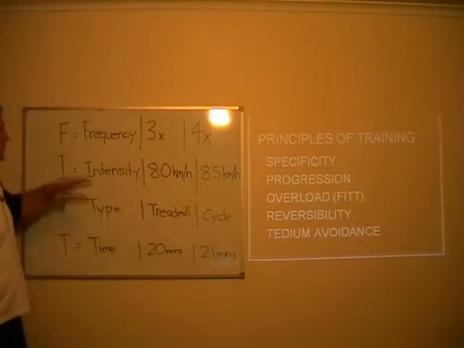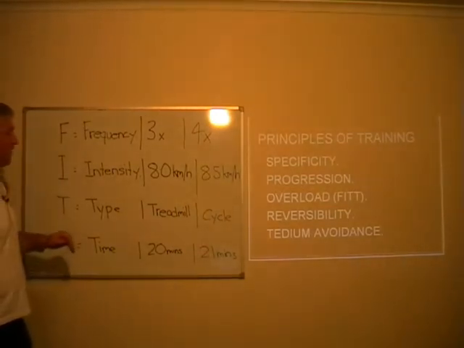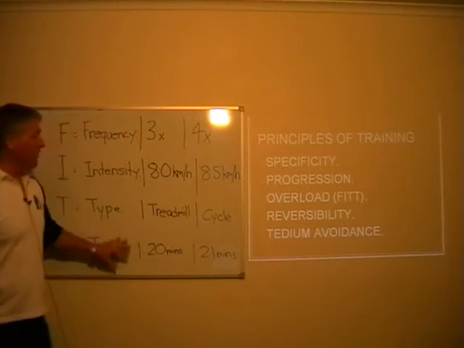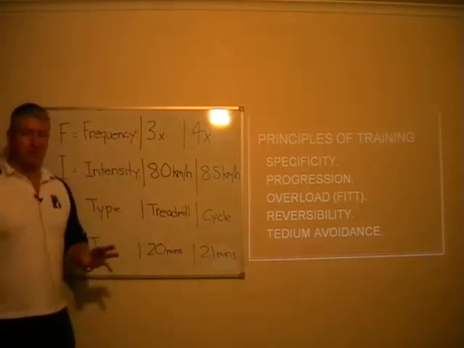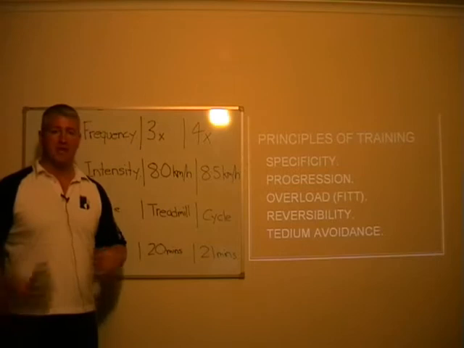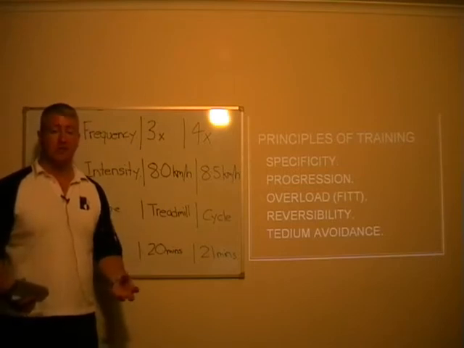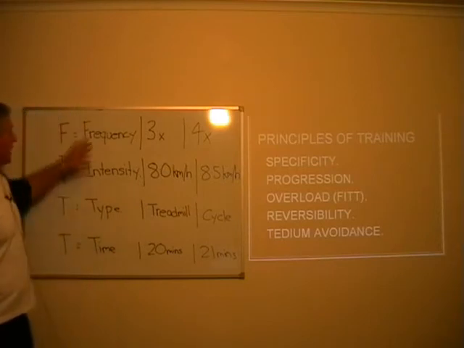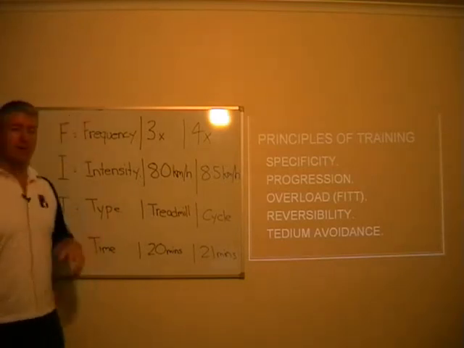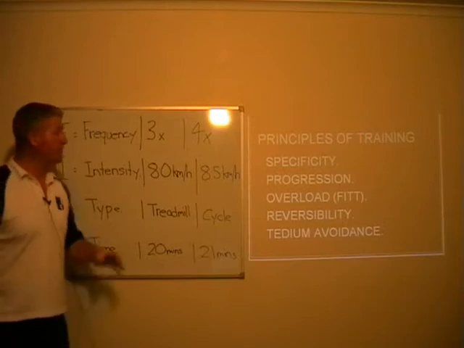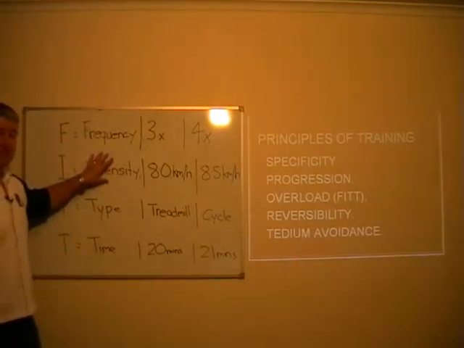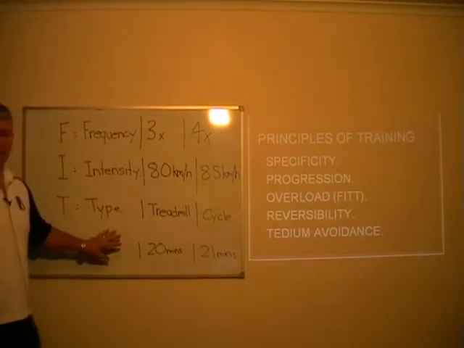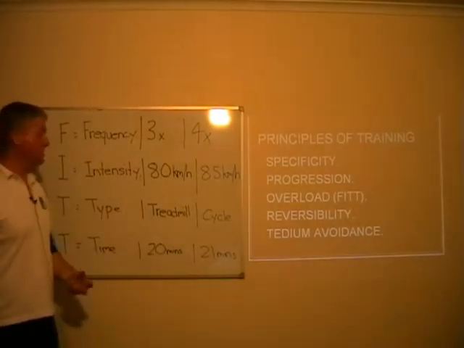Now, it's important to note with these forms of progressive overload that, with the exception of the treadmill to cycle or the type of exercise, when we change an exercise session, we either change volume, that is how much time the person spends exercising, or we change intensity, how hard that person exercises. Here we have frequency, which is a form of a volume overload by doing more work. Obviously intensity is an intensity overload, and time is a volume overload, spending more time during the exercise session.